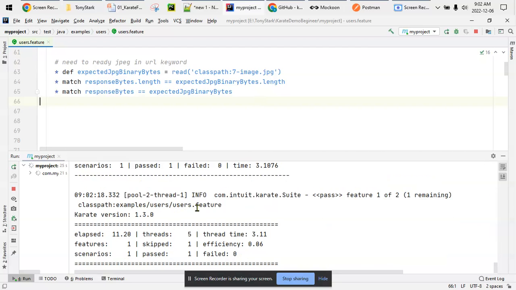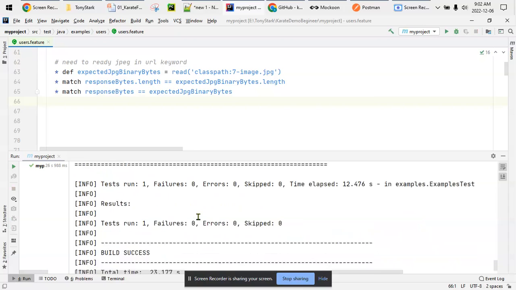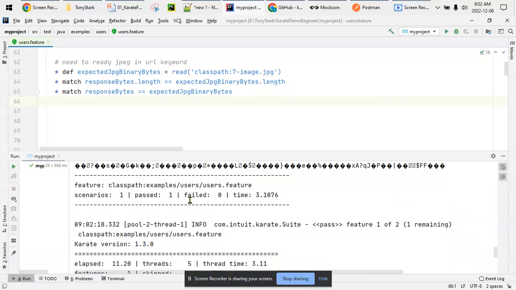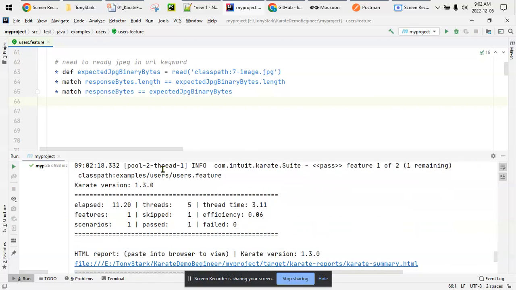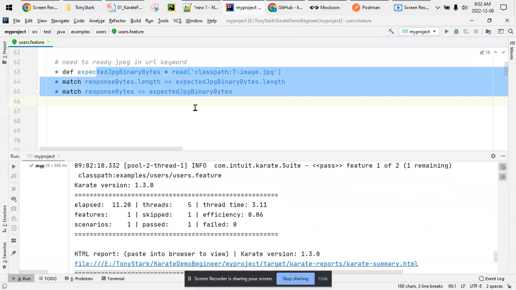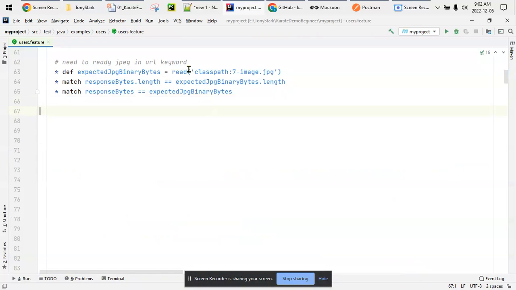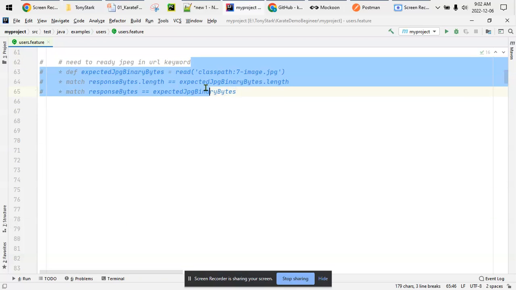Yeah, so if you see this printed thing, these are all the binary content of that image file which are printed. And yeah, so comparison is successful and no failures. That means the bytes comparison is successful. Okay, now after that,